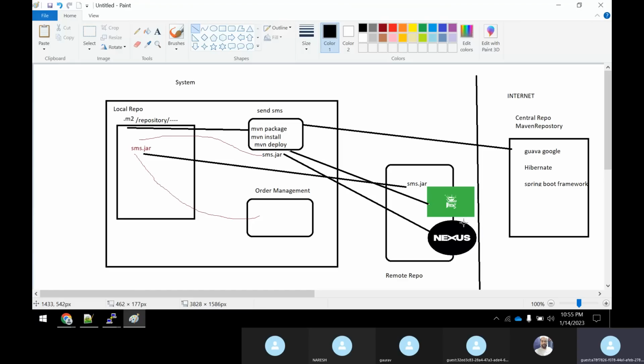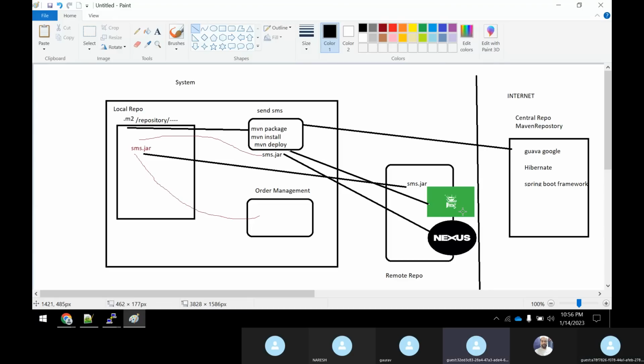But in this organization, you will always be pushing everything into a remote repo, through mvn deploy. Based on the Maven configuration file, you can set whether you want to push that jar file into the remote repo or into your central repo. Based on those settings, it will understand where to copy it. We will be showing that also. Once I set up the remote repo, while doing an mvn deploy, you could see that it is deploying into the Nexus artifact or into the JFrog artifact.